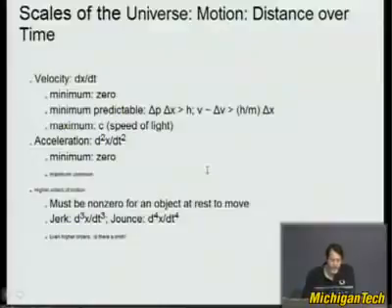All right, so there are different scales in the universe. One is if you move over some distance scale in the universe over some amount of time. So if you did that just over distance and time, you get something that probably everyone's heard of, which is velocity. And if you just consider the magnitude of velocity, how fast you're going, you can call it speed. So what is the minimum speed you could go? Well, that would be 0.